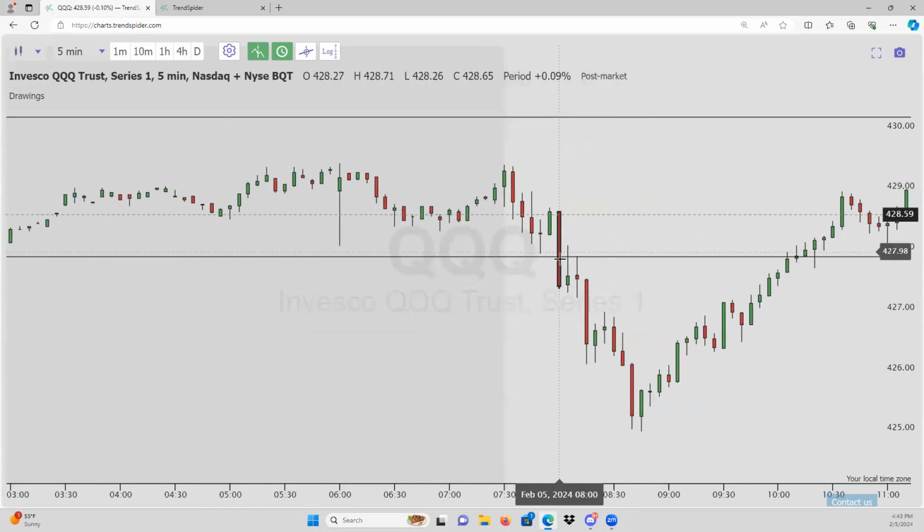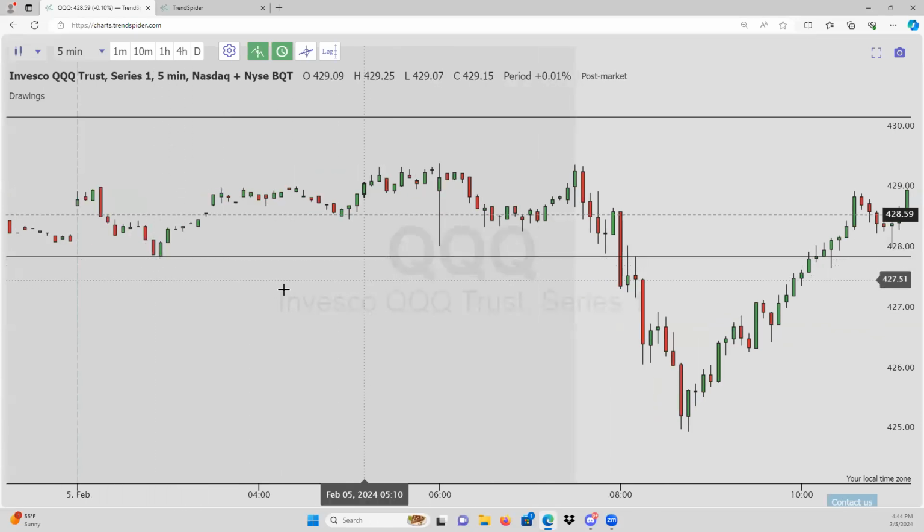So what you could have done is wait till the break, a nice little bear flag here, right back into retest of this level, and a continuation down. So your entry would have been right into this bear flag, right into that retest of these lows here at pre-market low. So again, I'll go over that one more time with you guys from the top.